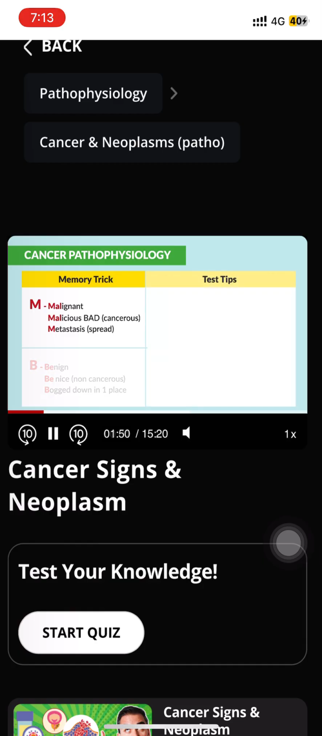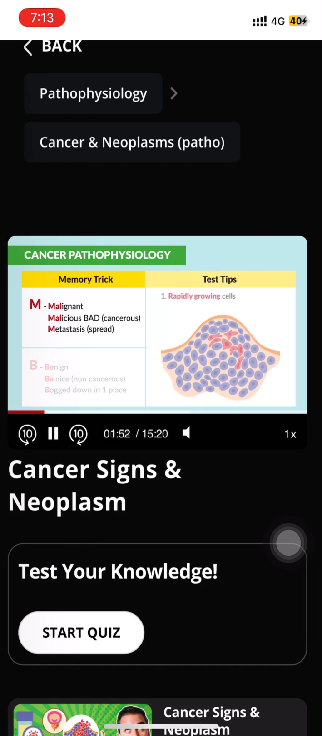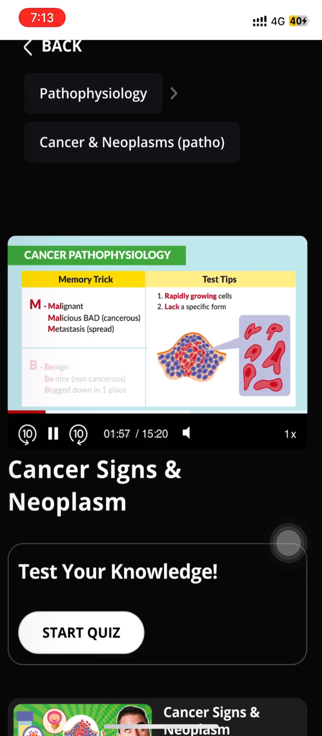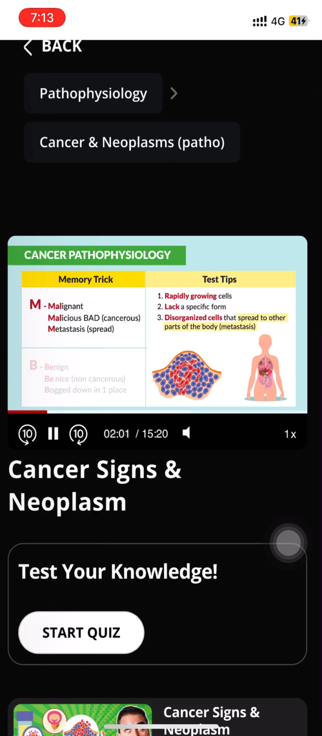Now for the test tips. Malignant, number 1, we have rapidly growing cells. Number 2, there's a lack of specific form. And number 3, there's disorganized cells that spread to other parts of the body. This is known as metastasis. Typically, these kinds of cancers are non-encapsulated. Basically, they degrade or disintegrate and breach the capsule, and that is why they spread quickly and rapidly through the